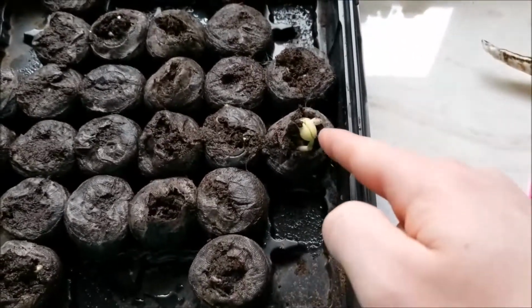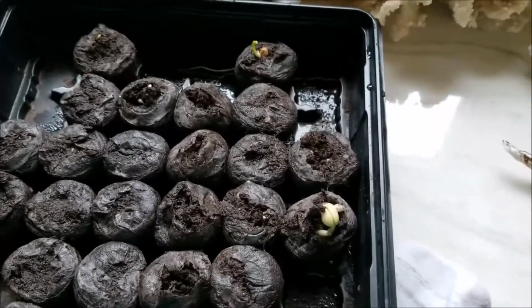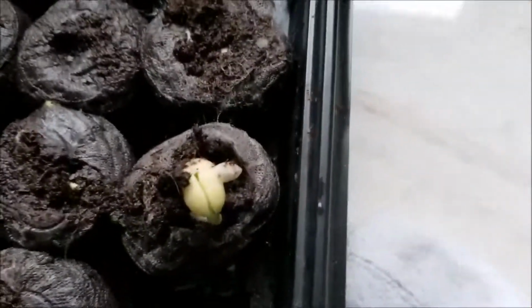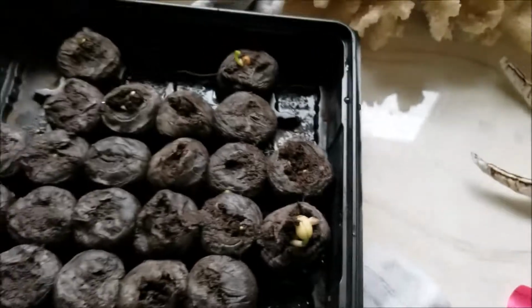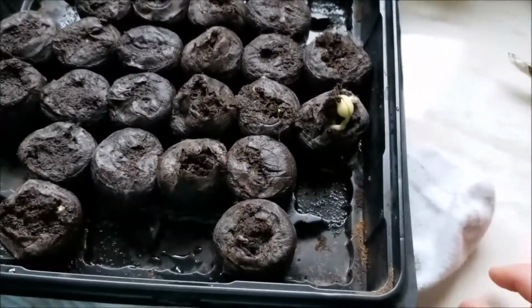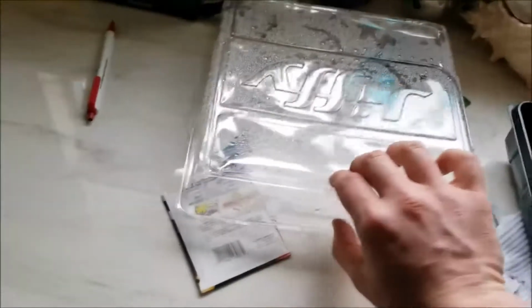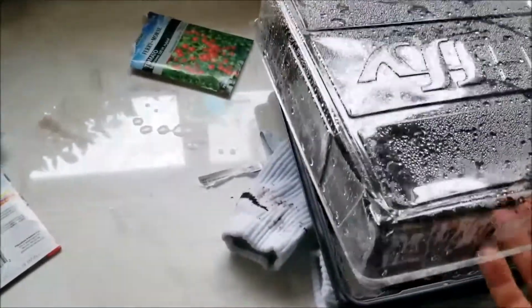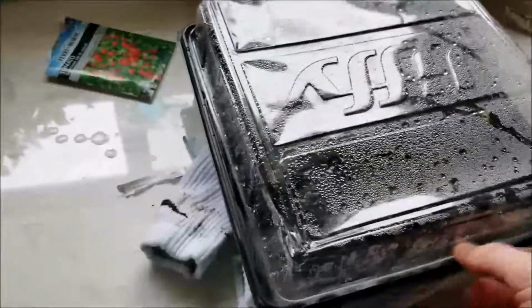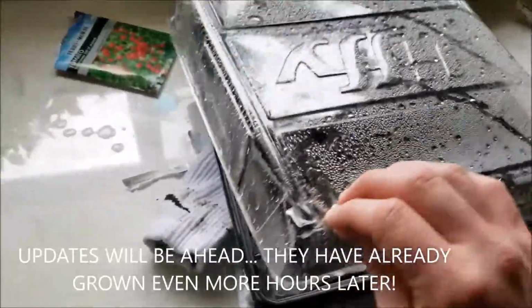This right here is a cowpea that grew very quickly. This right here it says dwarf pea. So there's your dwarf pea that's already growing. And you see the root coming down. I am going to put this back on. I let out most of the heat anyways, so that's where I am in my garden. I'm doing seeds this year, so